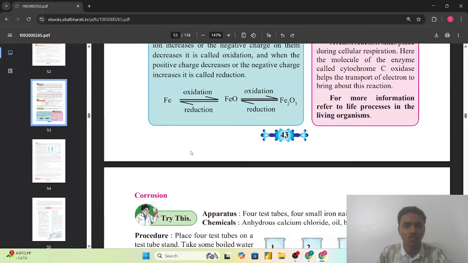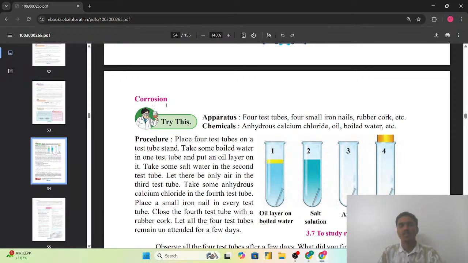So, now we will be seeing about the most important part. And definitely in the exam also you will see a question regarding this concept. As this is मतलब ये एग्जाम के व्यू पॉइंट ऑफ व्यू से तो बहुत ज्यादा इंपॉर्टेंट है ही, बट वी हैव टू अंडरस्टैंड हाउ द करोजन एक्चुअली टेक्स प्लेस। मतलब हम ऐसा सोचते हैं कि जो लोहे की चीज होती है वो कुछ समय बाद उसमें जंग लग जाती है, बट जंग में जो मतलब जो केमिकल रिएक्शन है वो कैसे ऑकर होती है, दैट वी विल बी सीइंग अबाउट दिस, रिगार्डिंग दिस इन डिटेल।